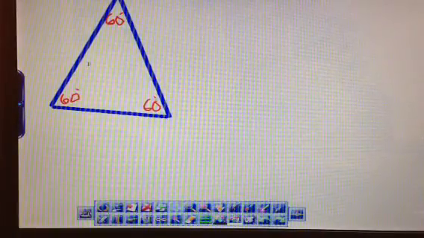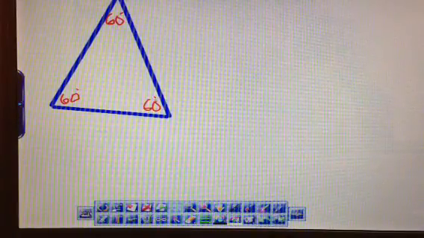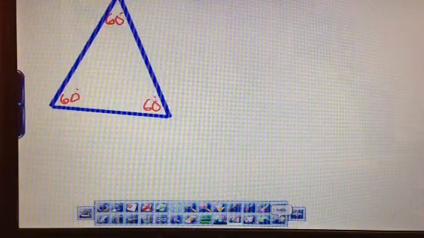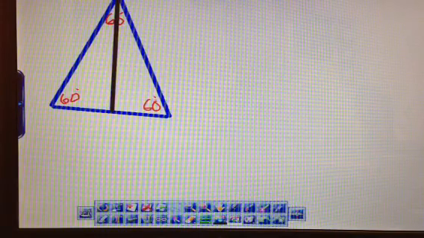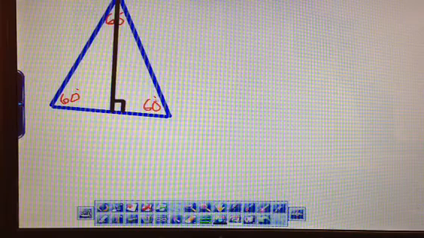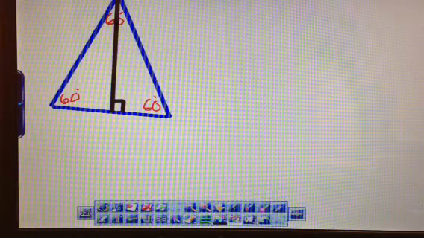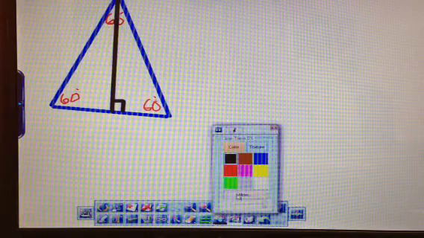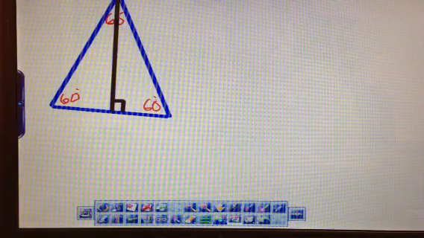Let's suppose we have an equilateral triangle, like so. All the angles are 60. Now let's draw on the altitude. If we do that, what ends up happening is we have enough for hypotenuse leg because of the reflexive property